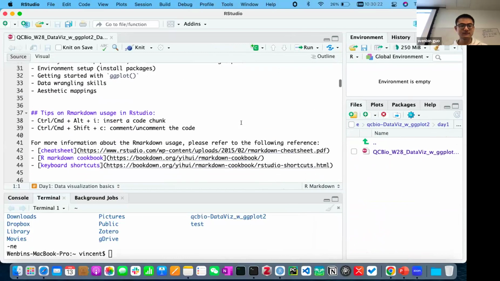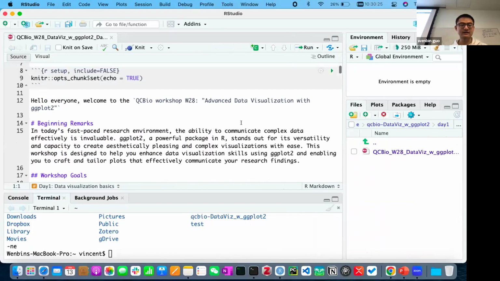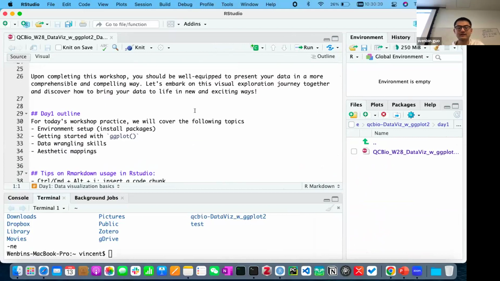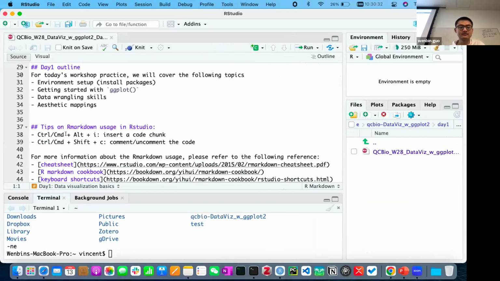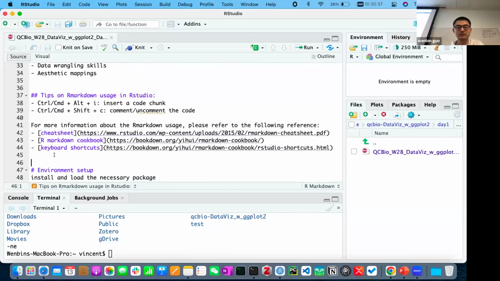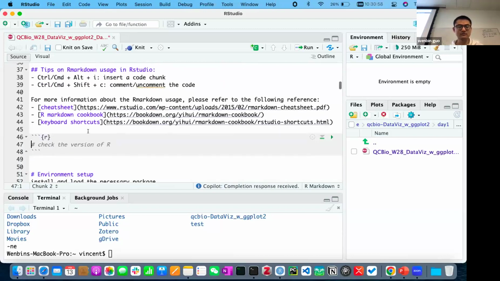So here, I prepared some guidance for how to use R Markdown if you haven't used it before. Then here are some simple tricks to use R Markdown. For example, if you want to insert a code chunk, on a Mac you can press Command, Option, and I, or Control, Command, Shift. So basically, it will insert a